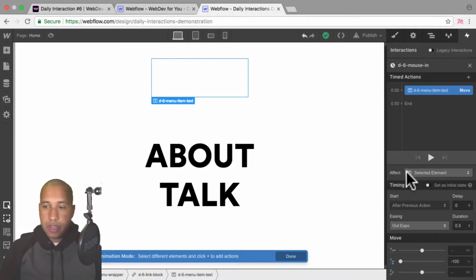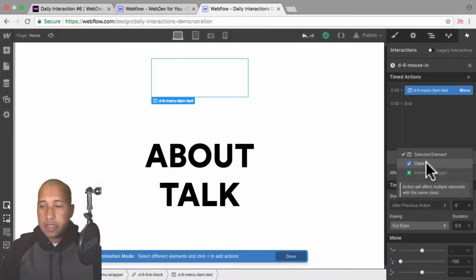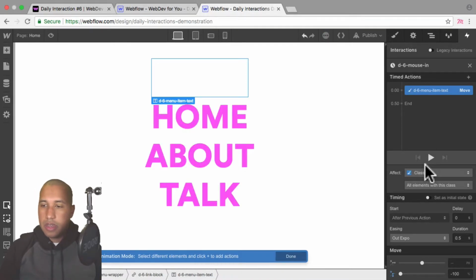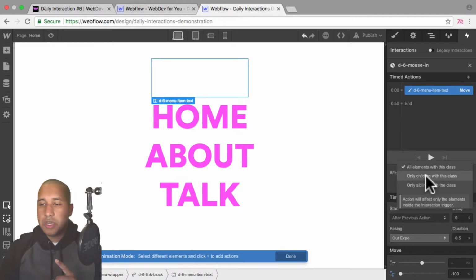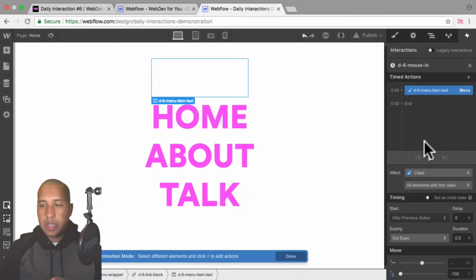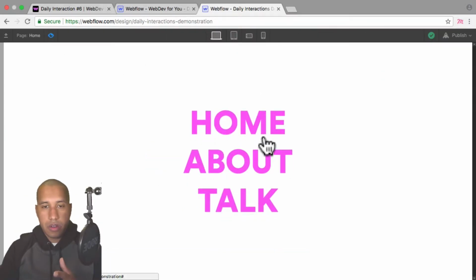So here where it says affect, I can affect a class. So this action will affect multiple elements with the same class. So if I select that, that's all I have to do. Oh yeah, and the other thing I have to do is make sure I'm affecting only children with this class, right? Because now if I preview, all the elements with the class name menu item text are affected, they all animate.